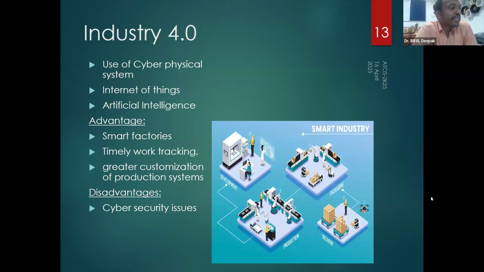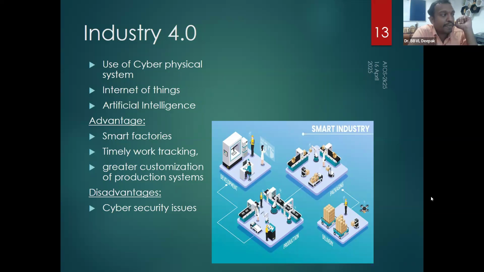Now, what is the advantage of this Industry 4.0 as compared to the previous one? We can go for smart factories. Smart factories means the complete process can be automated from the initial beginning step to the end step, that is called delivery. The second one is timely work tracking. Timely work tracking means, for example, the first work is there, the second work is there, the sequence of works are being done here, and whether the sequence is exactly executing or not,